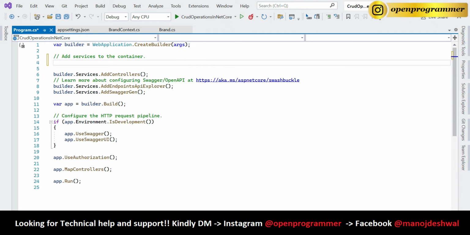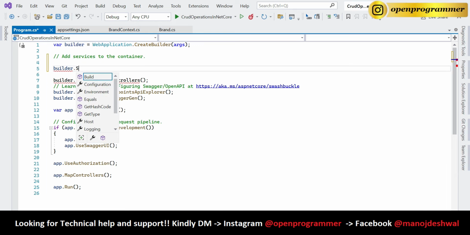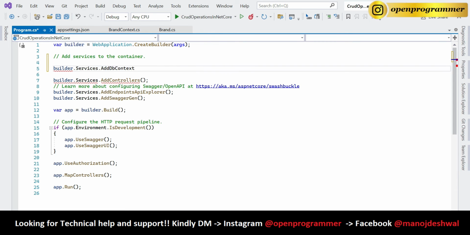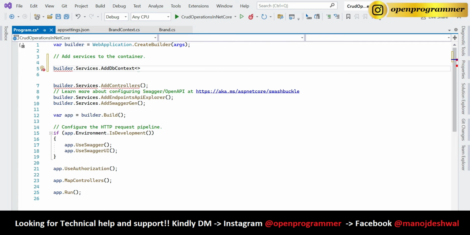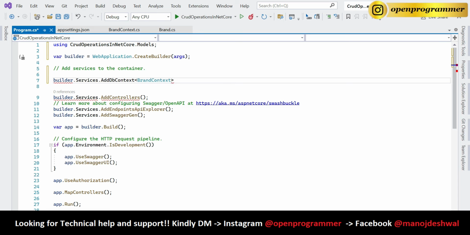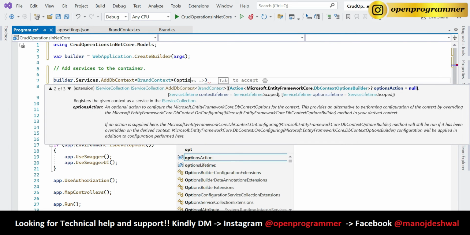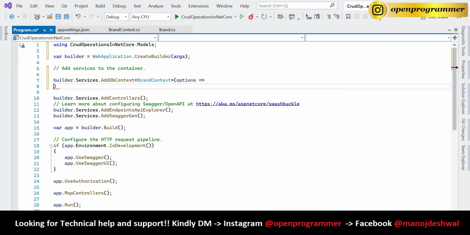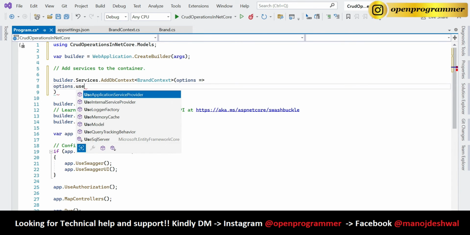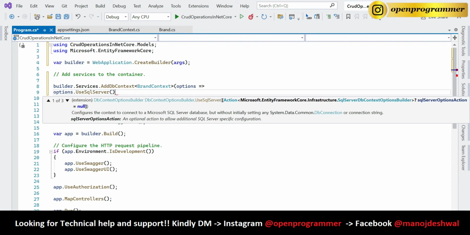So here simply use the builder object, builder.Services.AddDbContext, and in this we will pass our BrandContext class. So BrandContext, and use any alias, so options, and here we will pass options.UseSqlServer, and inside this